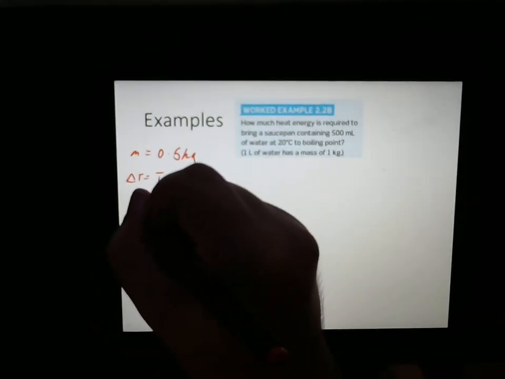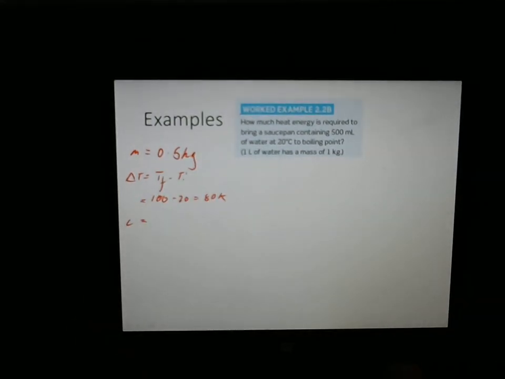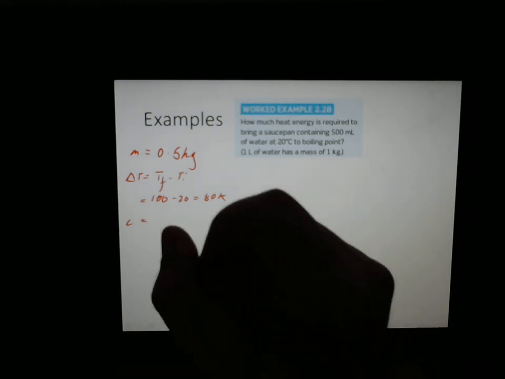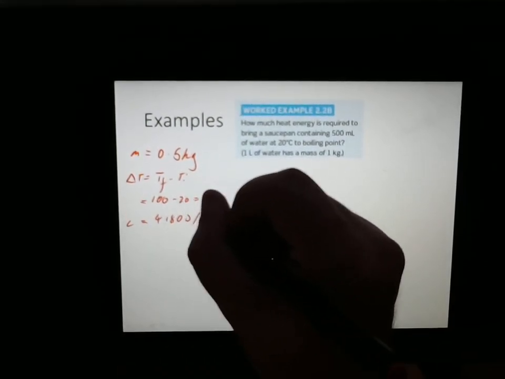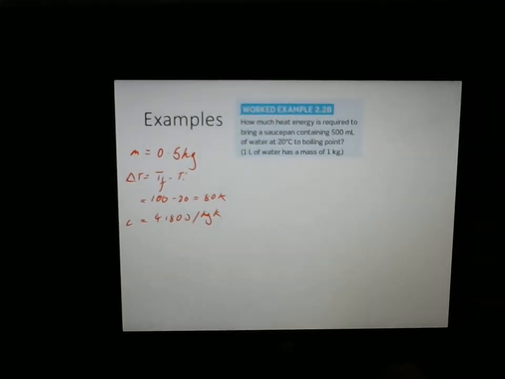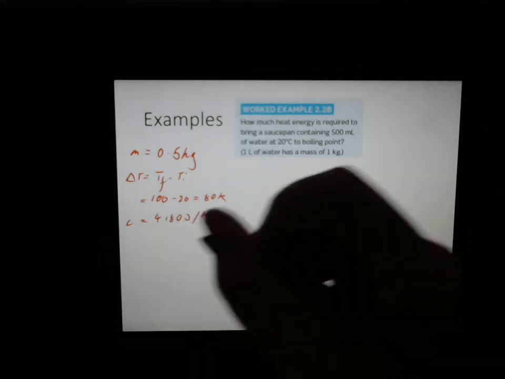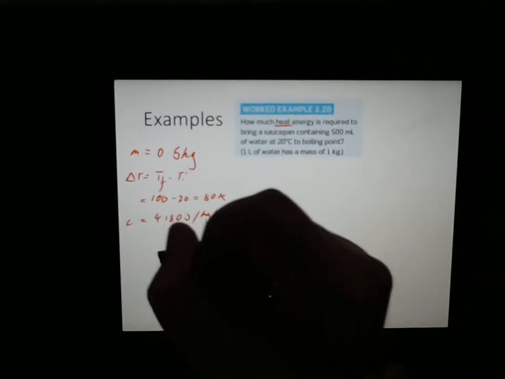And finally, the specific heat capacity. Again, we go back to our table. Liquid water has a specific heat capacity of 4,180 joules per kilogram Kelvin, and if you have had a look at that table, you'll see that water is the highest by far on that table. It has a very, very high specific heat capacity, which probably has something to do with why it's so important for biology. And again, we're trying to work out heat energy, so Q,